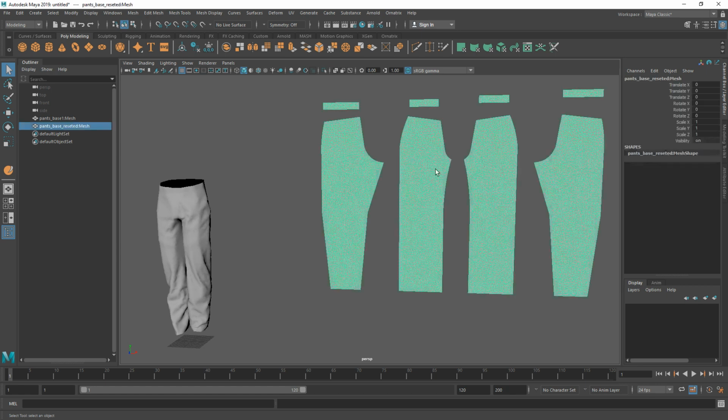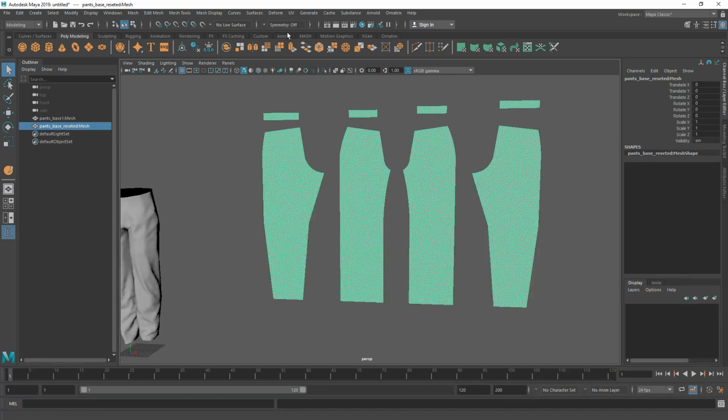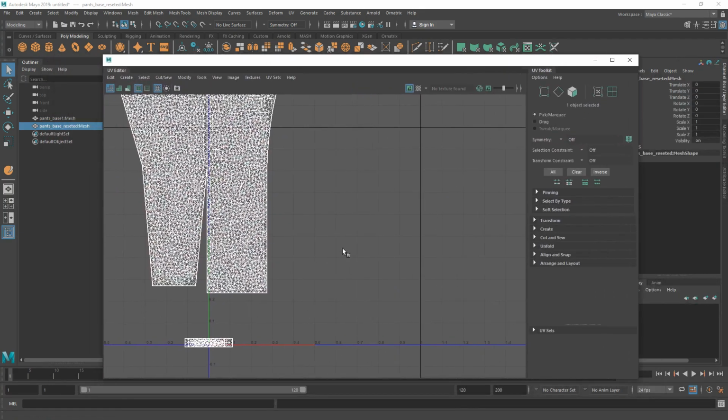And so to start this, we're first of all going to make this a live surface. A live surface basically tells Maya that we're going to draw on top of the surface, or just keep it there so we can place things on top of it. And one thing that we're going to use is, if we go to the UV editor,